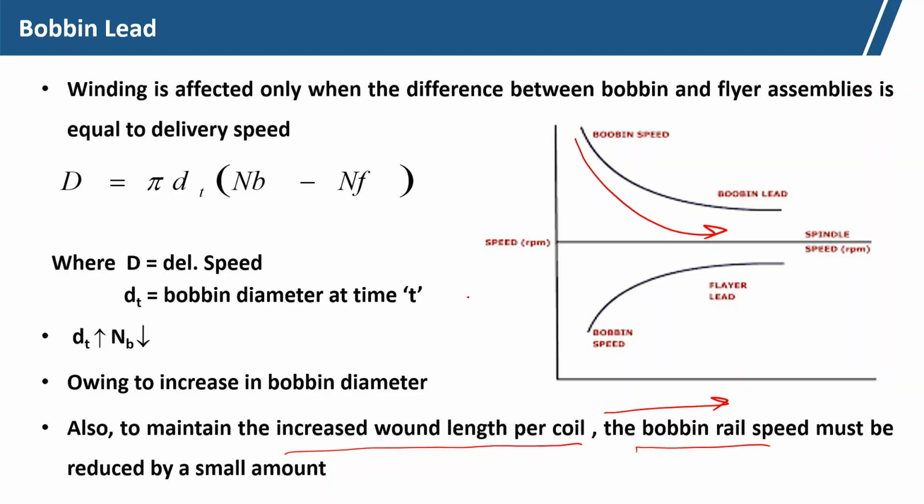as the diameter increases, we have to place the next coil exactly adjacent to the previous one. For that, as the diameter increases, one coil will take longer time because delivery is constant. So, one coil will take longer time. For that we have to reduce the speed of the bobbin rail,